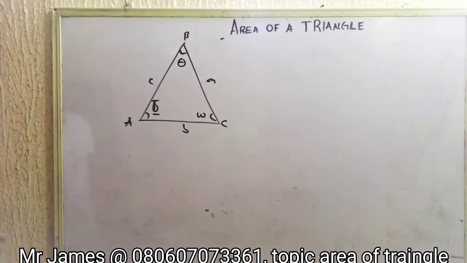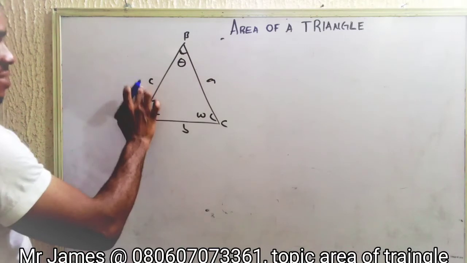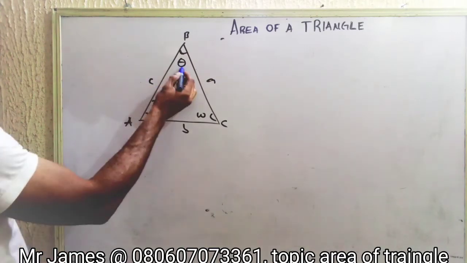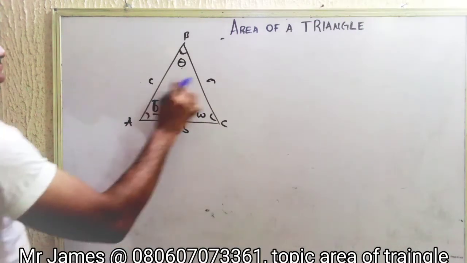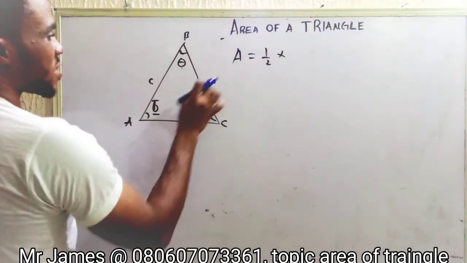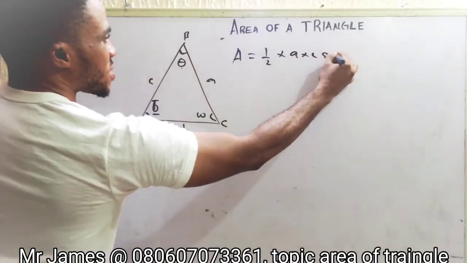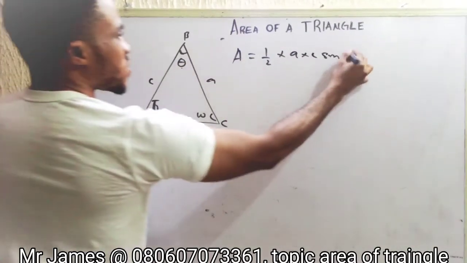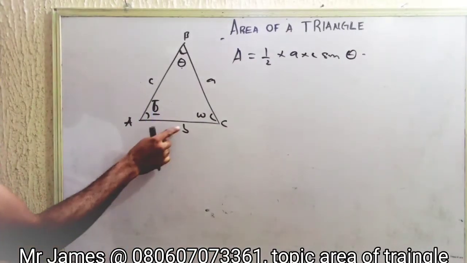And I was given any of those angles. If I want to find the area of this triangle, let's assume that I was given sides a and c. I will make use of the angle in between a and c without touching any of these two angles. Now, the area of this triangle will be given as 1 over 2 times a and c times the sine of the angle separating the two of them. If I want to consider this angle, which is phi, I will use